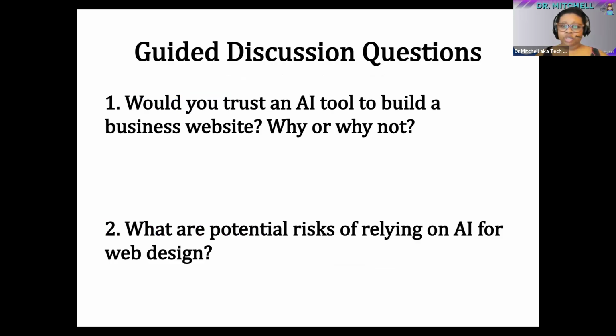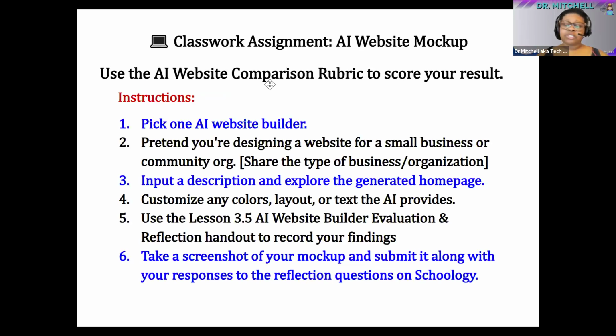The main attraction. This is the classwork assignment, which needs to be completed by the end of the class period. If your time runs out, you should finish it at home. Again, this classwork assignment is an AI website mockup. You're going to use the AI website comparison rubric, which I'm going to show in a second, to make sure you have that